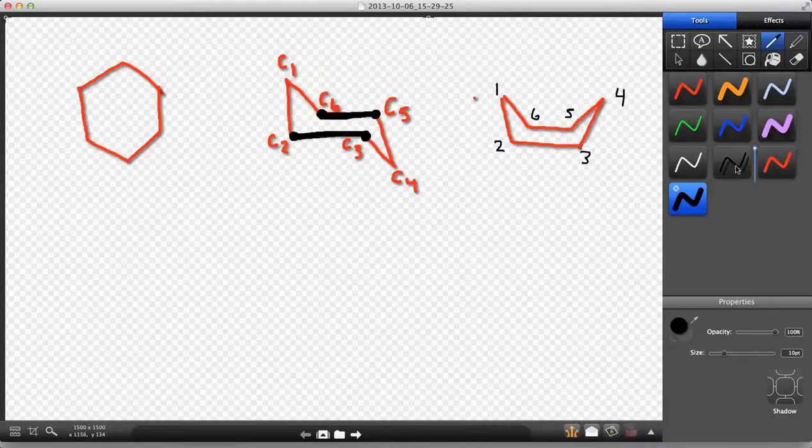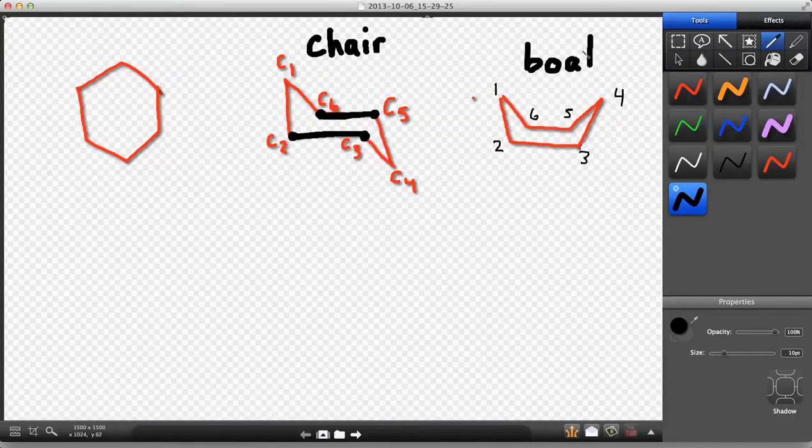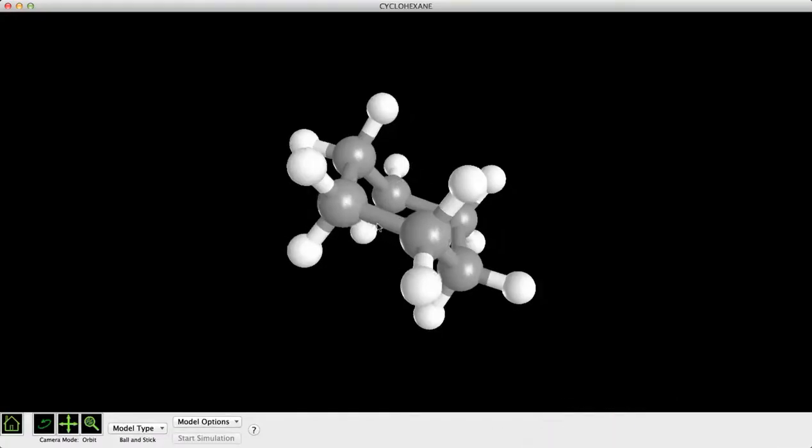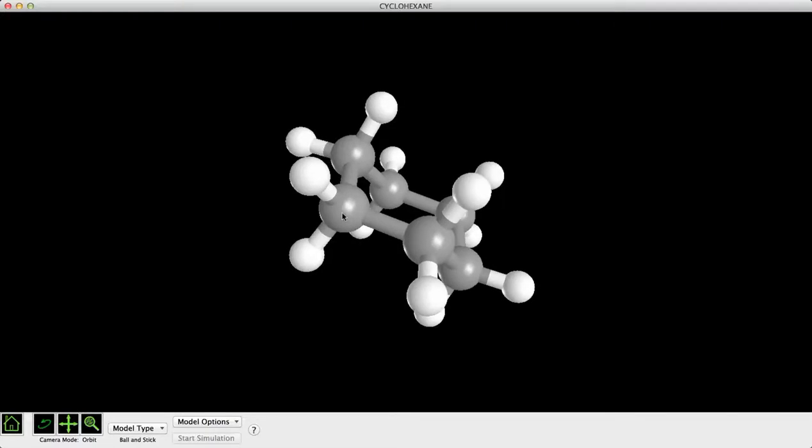So let me go ahead and label these. This is the chair. This is the boat. The chair conformation is actually the lowest energy conformation that we can obtain given the constraints imposed upon it because it is a ring. Again, let's go back to the atomic dashboard,